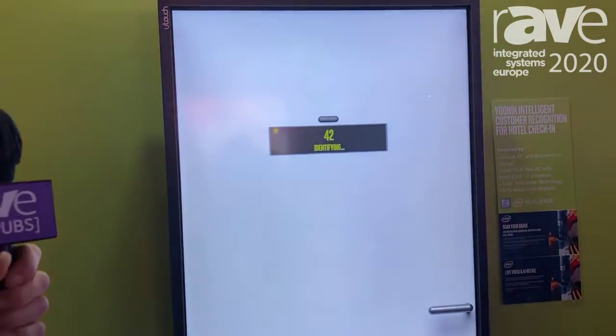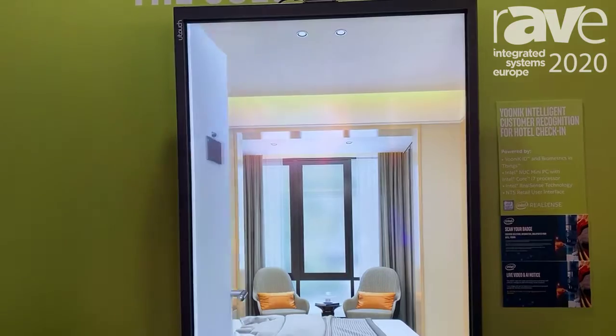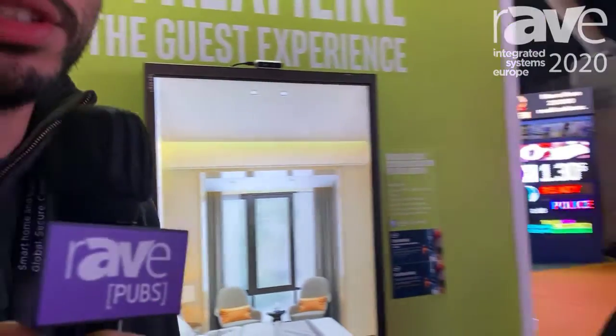and you can be just identified, and the door room opens automatically, and we can enter the room without having to check in on the hotel